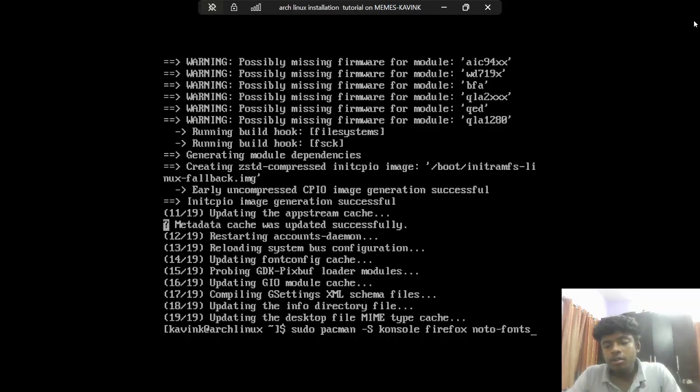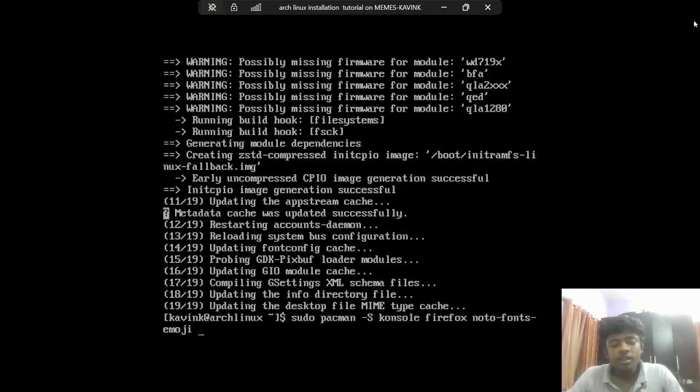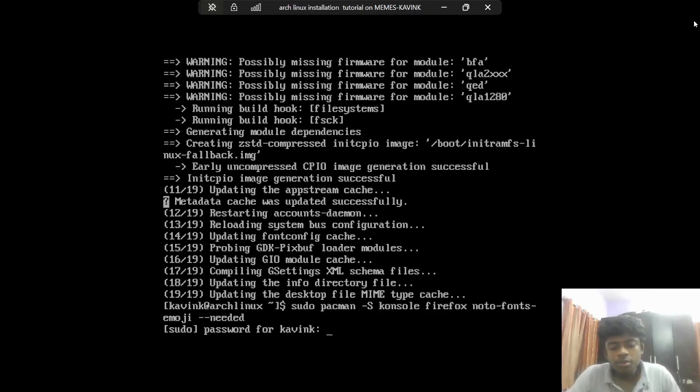Noto fonts emoji, so that you actually have emojis on your system. And if you want, you can install Noto fonts extra for the Chinese, Japanese, and other regional languages, especially these Asian languages. So this font provides for those. If you want, you can install that also. Noto fonts extra, it is called. So I'll only be installing these 3, and I'll be passing the --needed argument. This only installs the packages which are not already installed. So yeah,